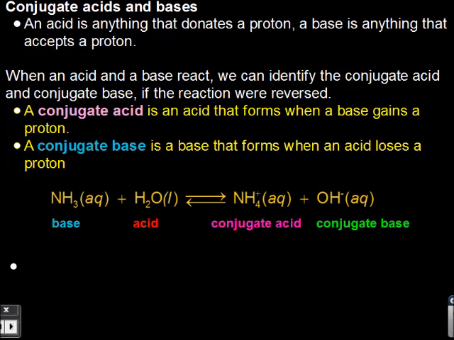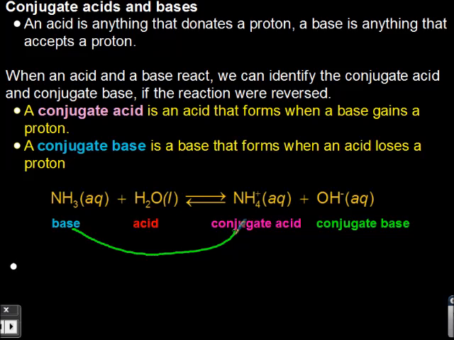With the Bronsted-Lowry definition, we can also define a conjugate acid and a conjugate base. Since an acid is anything that donates a proton and a base is anything that accepts a proton, when I have an equilibrium set up, I have acids and bases on both sides of the reaction. So the conjugate acid would be